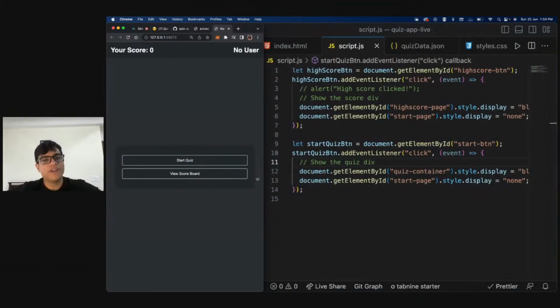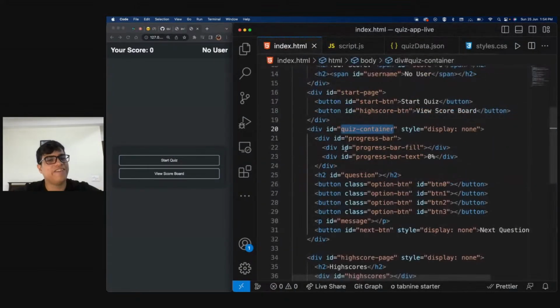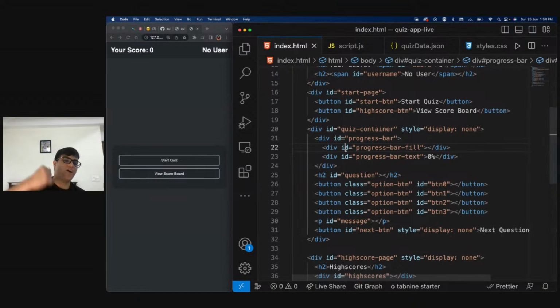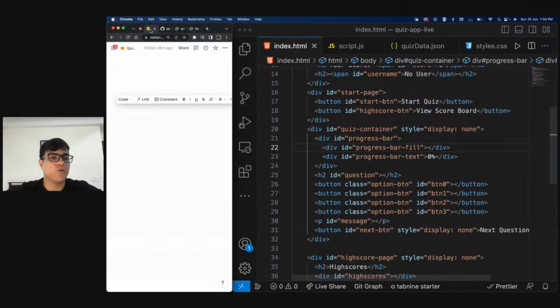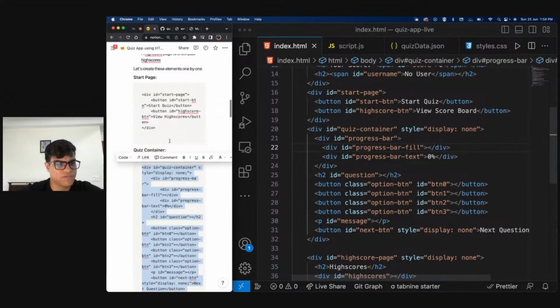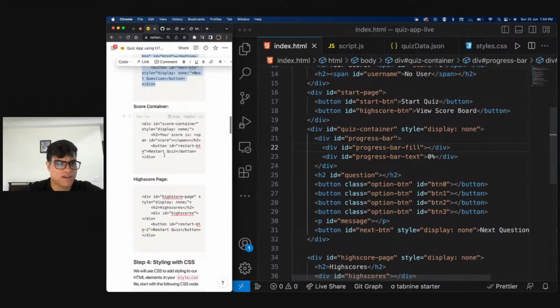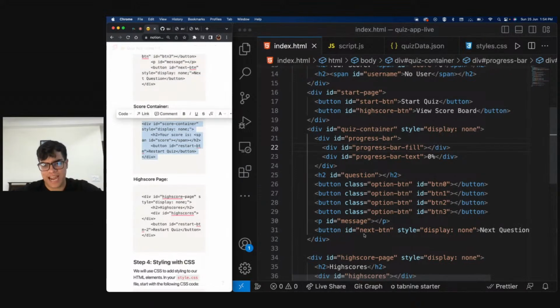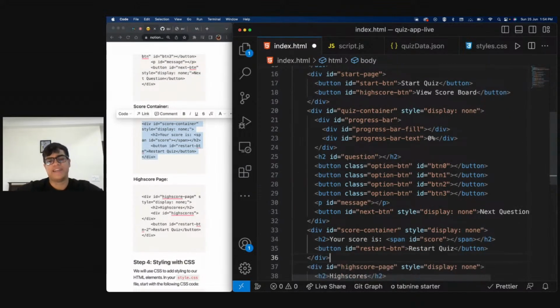Great. So now, did you understand why we need all of these 5 divs? Each div is supposed to just help us show something, and that's it, right? On the click of start quiz, we do something and we show some div. Click on scoreboard, we do something and we show something, right? Now the only HTML element that is left technically was the score container. So I'll quickly just add this as well, and that's about it. I will explain the HTML again right now.